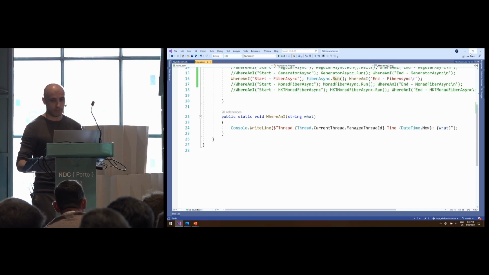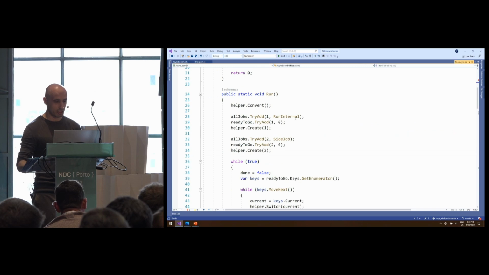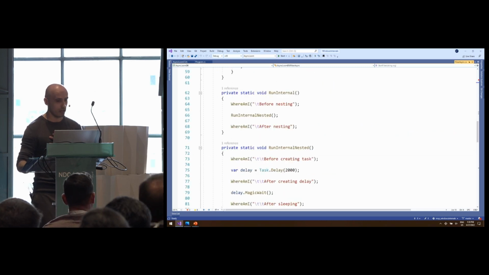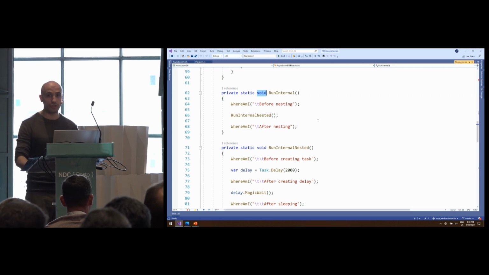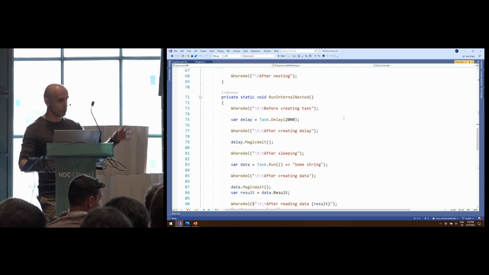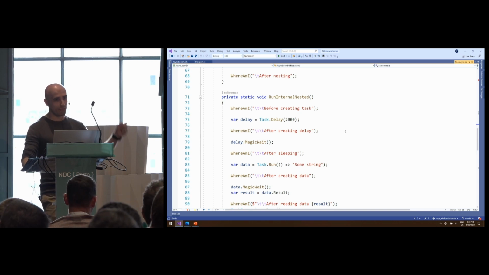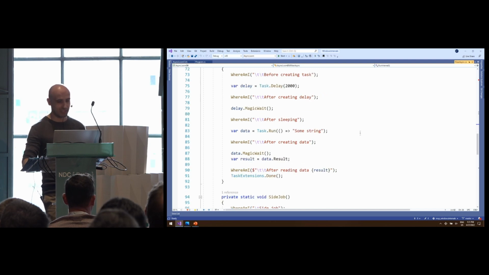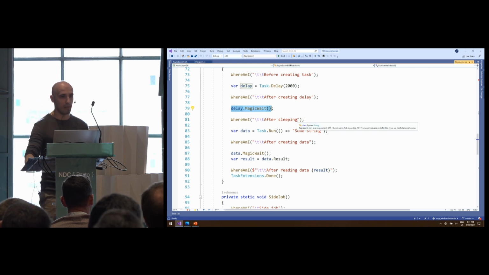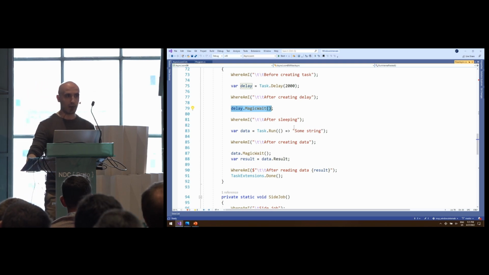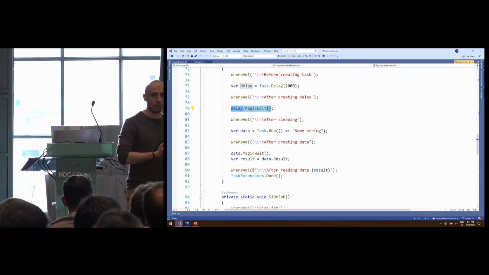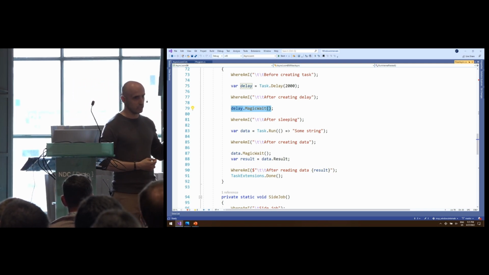So the advantages of this, well, some of them are actually strikingly clear. There is no more task. You can just return void. You don't need to rewrite all your synchronous code to async, to have async all the way down, configure await all the way up, all the stuff. The only thing you need to do is you just do the delay dot magic wait. That's it. But that's not the end of the story. You remember this slide when I was pointing out three most important parts of async and await.